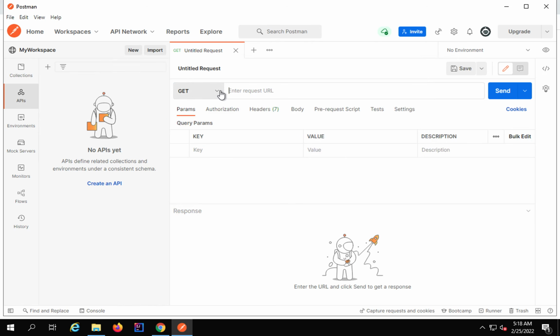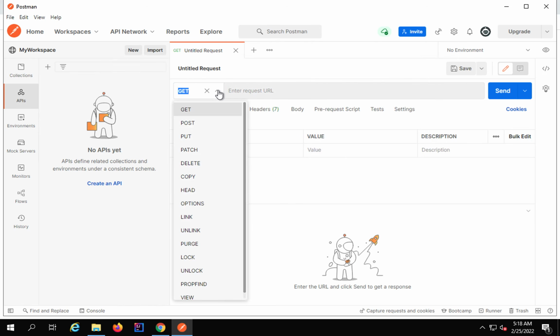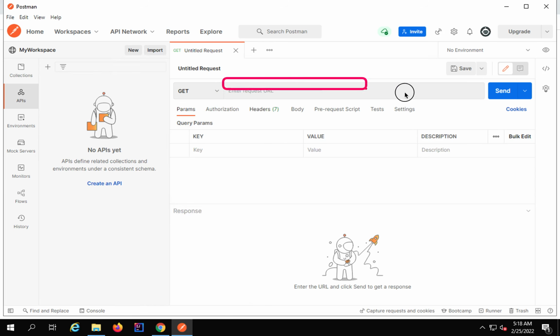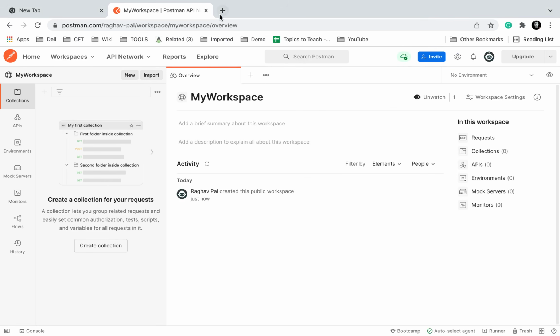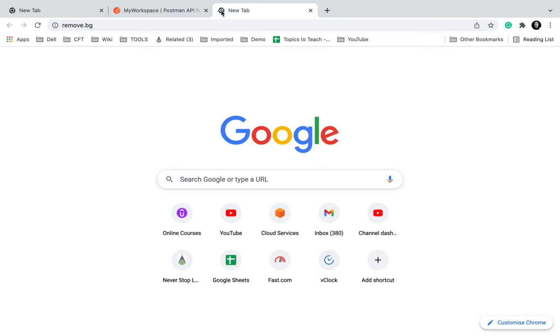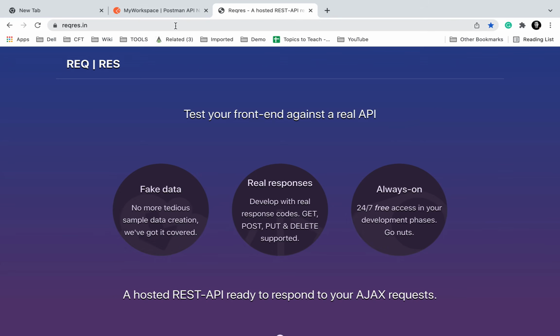Now here I can first select the method, so whether it is HTTP get, post, put, patch, delete, etc. based on my request, and give the URL here, and then here are different parameters. So for now let me go to a sample website. So I'm going to here